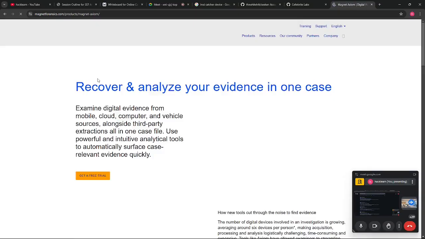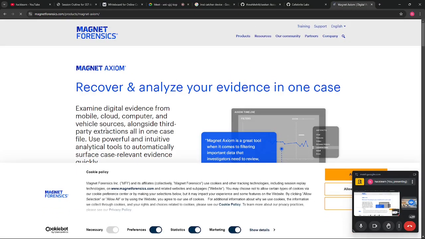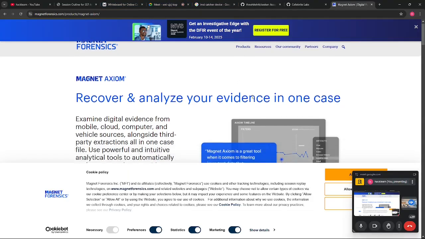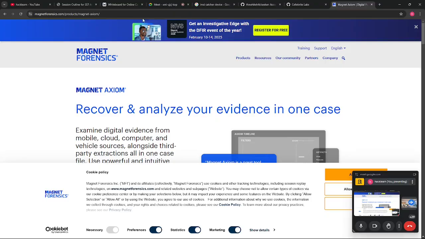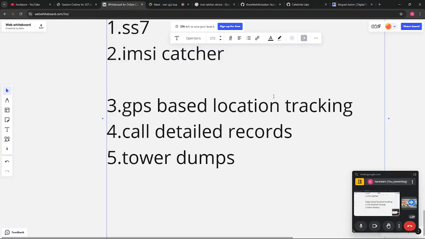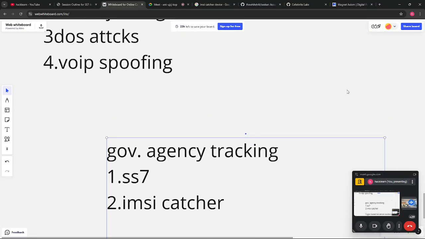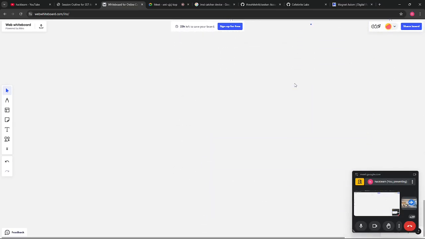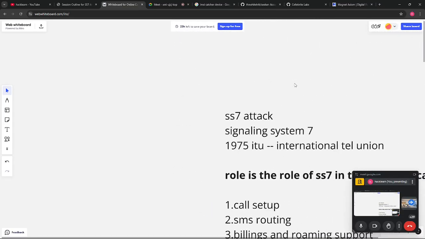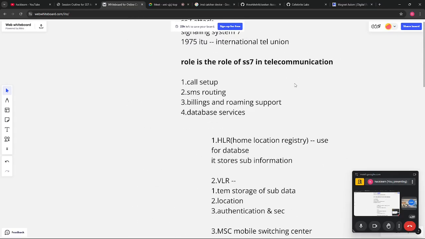This is helpful in forensics, and after installing you can see there are many drop-down menus. This tool is also paid. There can be some cracked versions available, you can go with that, and this will also help you gather information regarding the location. So this is all about location tracking. I think there is not much more to discuss.